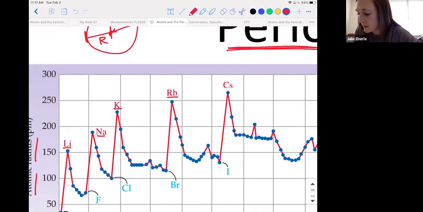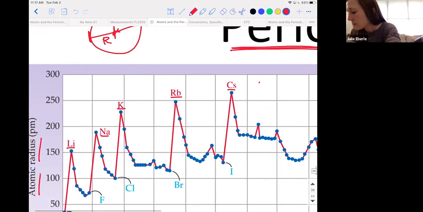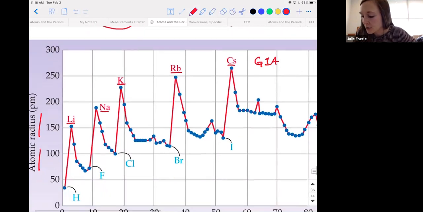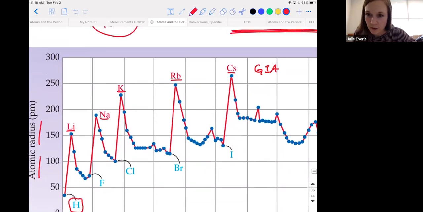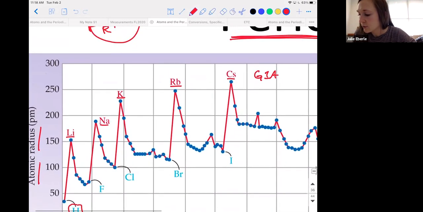What elements are these? Yeah, they're all group 1A. Okay, so these are all group 1A, main group 1. All those metals we just talked about. Now notice again, hydrogen is part of group 1, but again, it doesn't fit very well because it's not a metal, and obviously it doesn't follow the trend here. So these are the group 1As besides hydrogen.